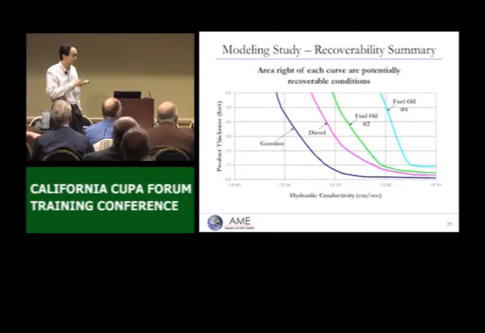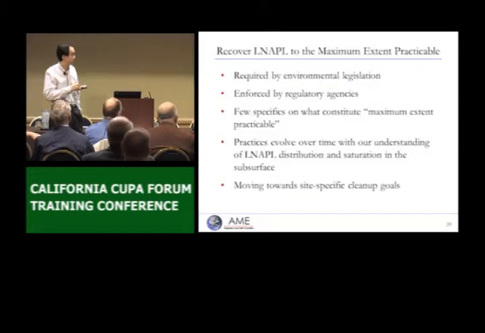So some are better than others. Selecting maximum allowable product well thickness, remediate to residual NAPL saturation, recover until NAPL removal is not effective, demanding a series of remediation methods until all options have been exhausted, or recovering until NAPL plume expansion or migration has stopped. Well, 1 and 4 are probably not that good. The other 3 are a little better, but there is big room to